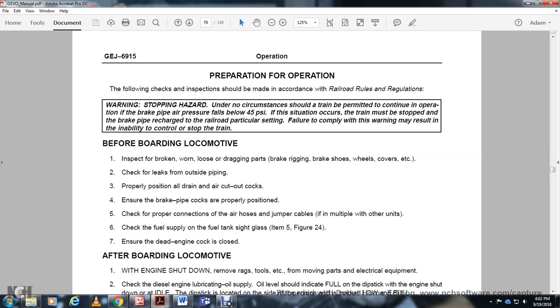Preparation for operation. The following checks and inspections should be made in accordance with railroad rules and regulations. Warning: stop ahead for the owner. No circumstances permit trains to operate with the brake air pressure falling below 45 psi. If this occurs, the train must be stopped and the brake pipe recharged per the railroad's particular setting. Failure to comply with this warning may result in the inability to control and stop the